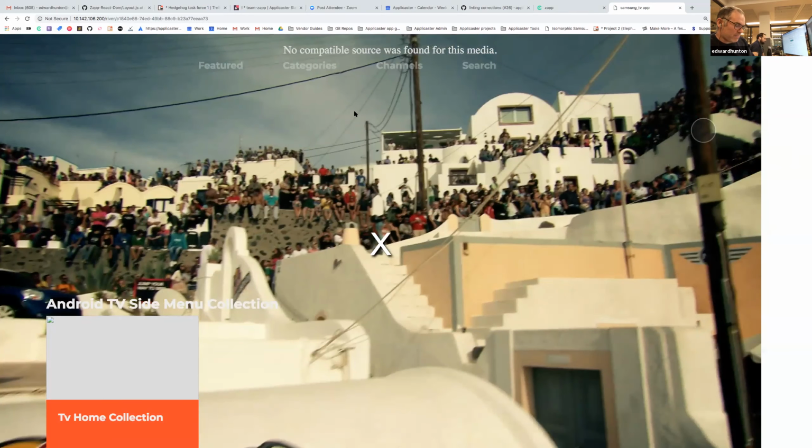But the other thing I wanted to show you was the app running on the TV. So, where is my Tizen Studio? Here we go. Let's have a look. It should be launching behind me. Wait a second. Yeah, here it comes. I'll turn my camera around so you can see it. Hang on a second. No point looking at me. What's that? Oh yeah, sorry. I thought my camera was on. Okay. Right.